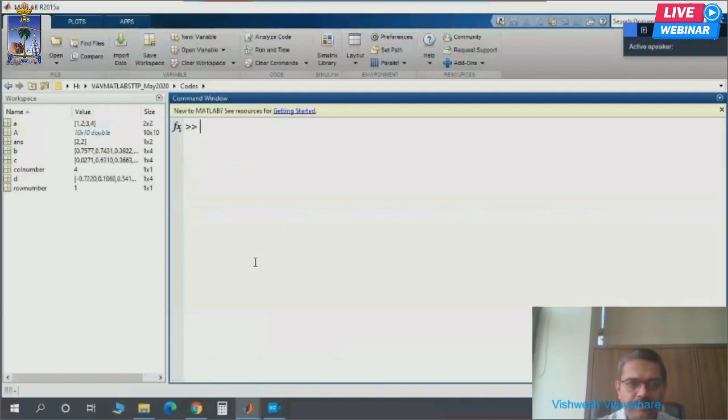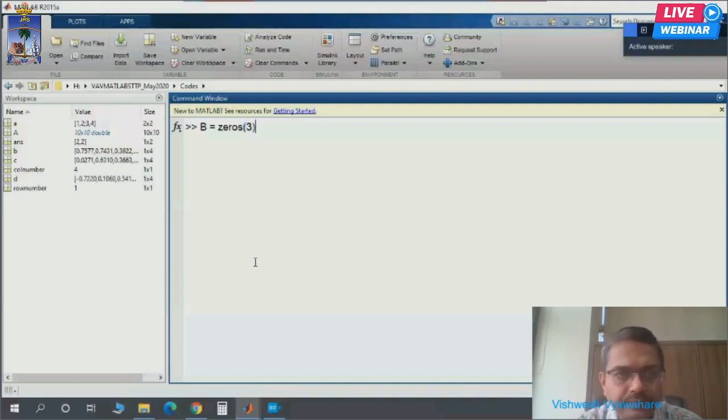Now I want to generate some special matrices. For example, a matrix of all zeros. I will write B is equal to zeros 3.